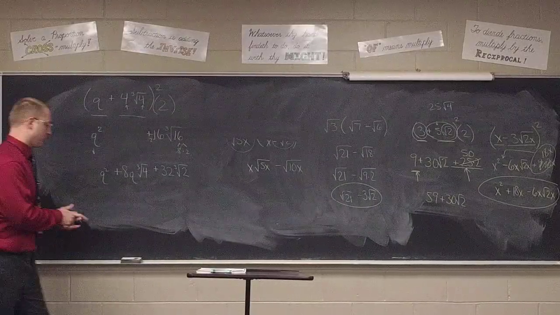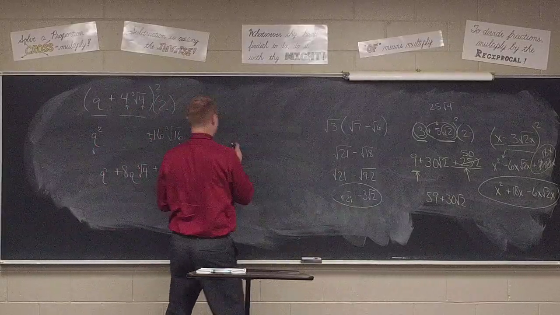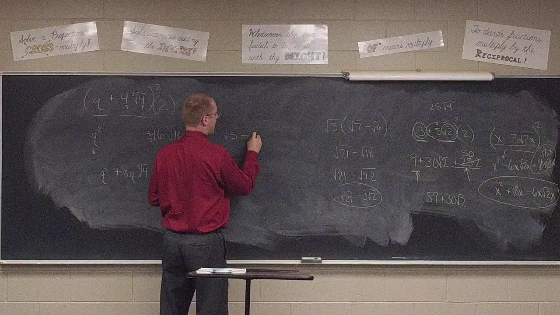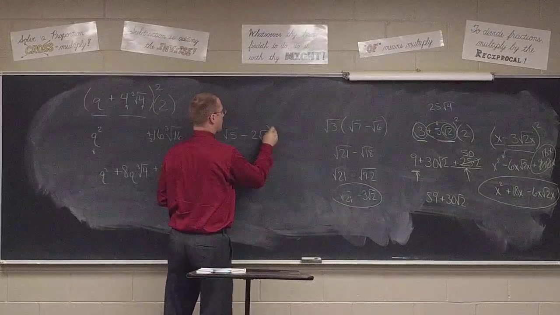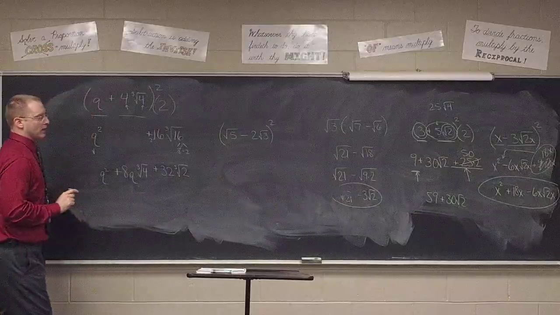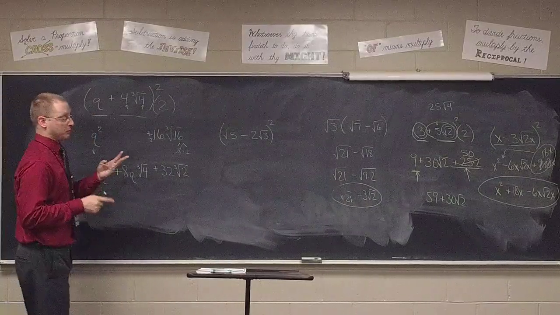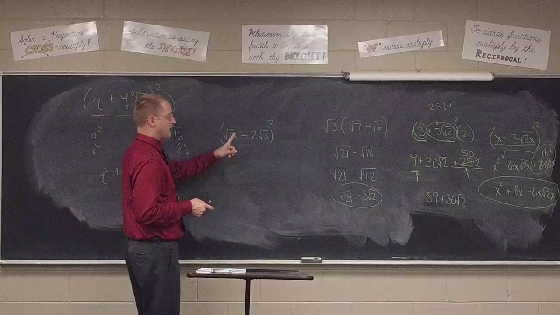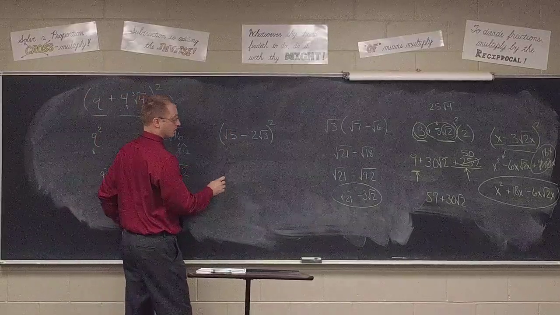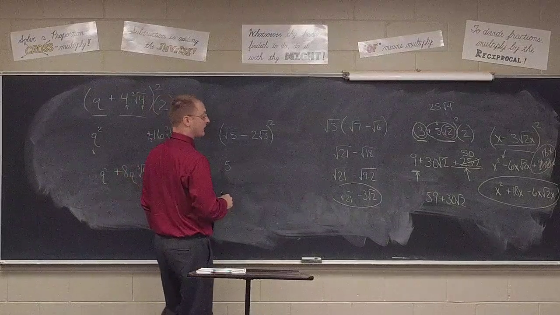Let me give you a couple more before we move on to the next problems in the textbook. Suppose we had the square root of 5 minus 2 times the square root of 3 quantity squared. Brecken, it's still a binomial squared. We still need to square the first, square the last, multiply, and double. Let's see what we get here when we square the first. Because we're squaring a square root, we get the radicand. When we square the last,